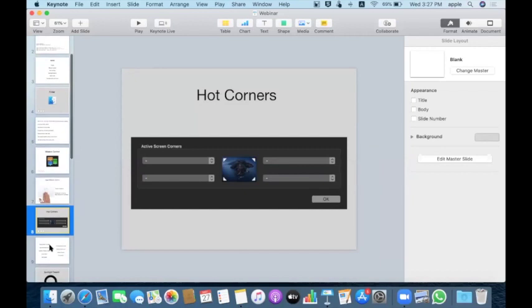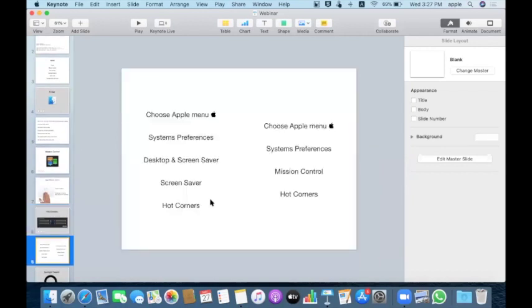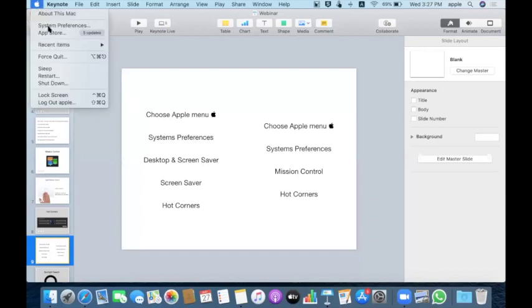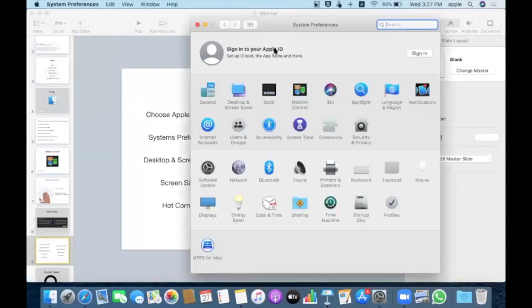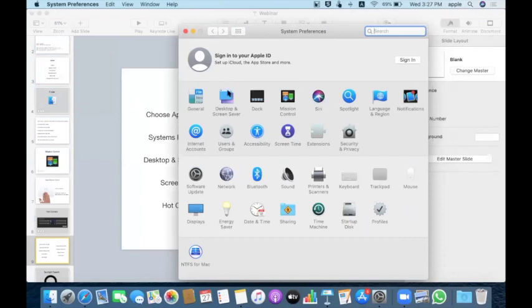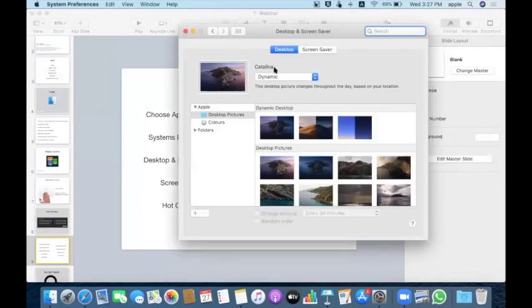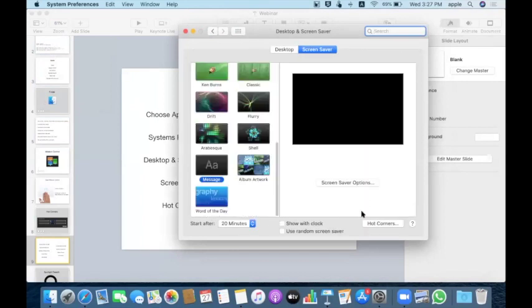For the settings, you can navigate in two different ways. You can choose the Apple icon, go to System Preferences, then go to Desktop and Screen Saver, and go to Screen Saver, and here you have the option for hot corners.